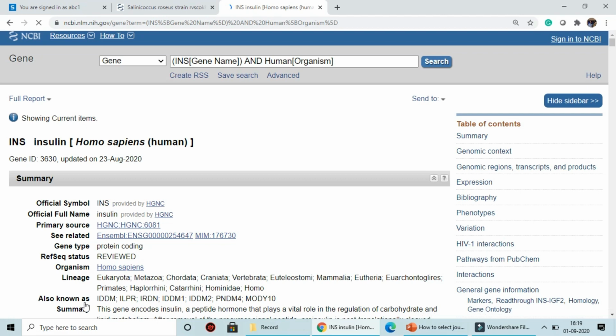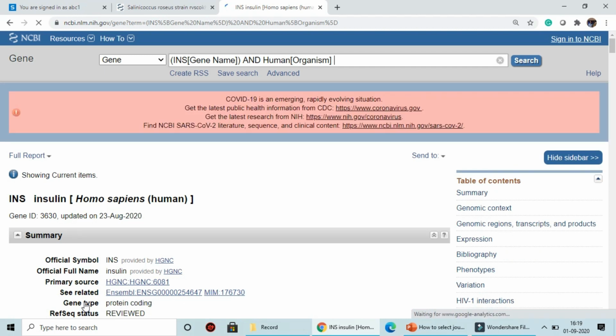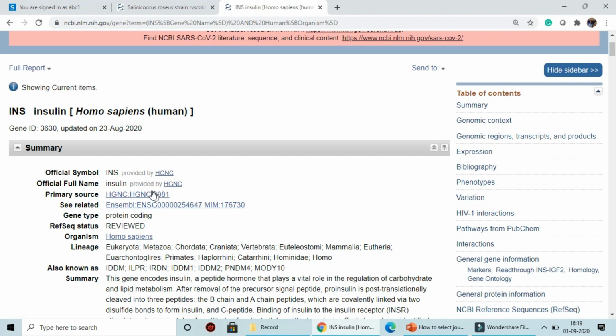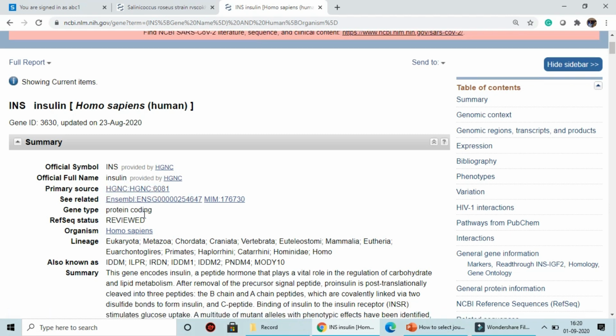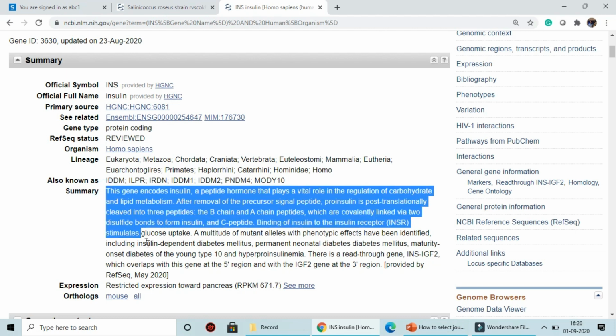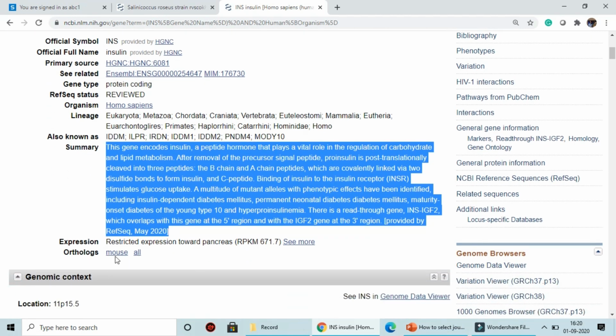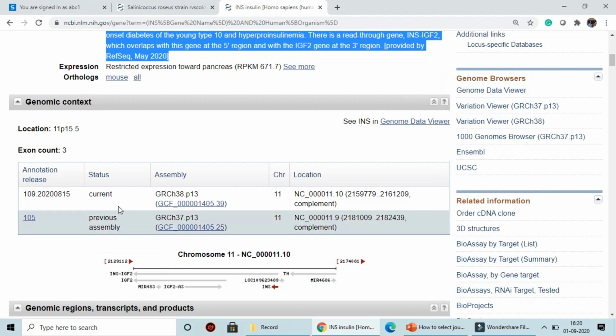See, out of millions of results, I got a single answer from the NCBI or from the GenBank. Here you can check all the details, like the official symbol, which is INS, the official full name, which is insulin, the primary source, the lineage of Homo sapiens, the summary of what this gene actually does in the human body, the orthologs, the expression, on which chromosome it is located, and how many exons there are.